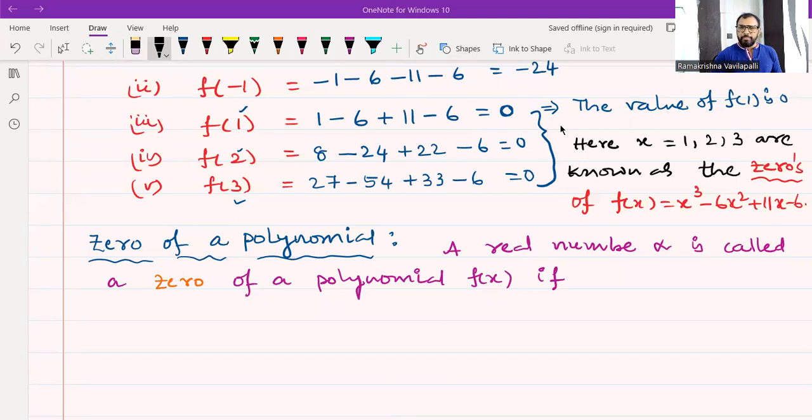Well, a real number alpha is called a zero of a polynomial f of x if the value of the polynomial at alpha equal to 0. The polynomial value at x equal to alpha is a 0. When you plug x equal to alpha in the polynomial, if it vanishes, then it is called a zero of the polynomial. For example,